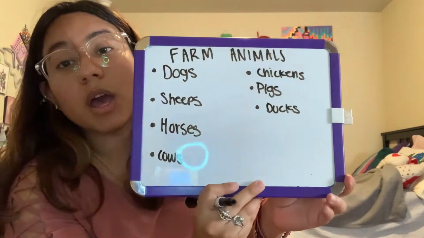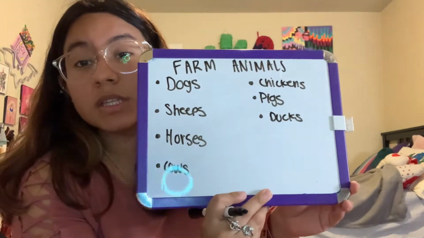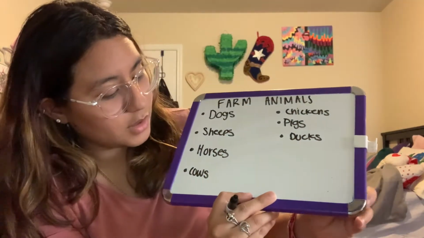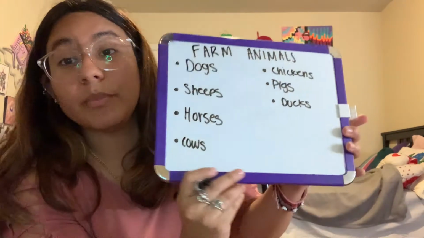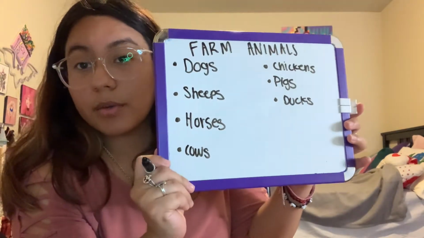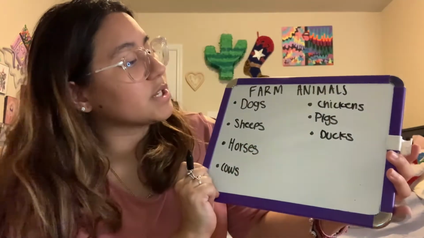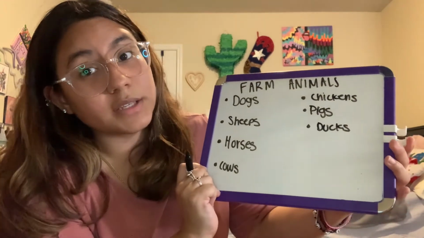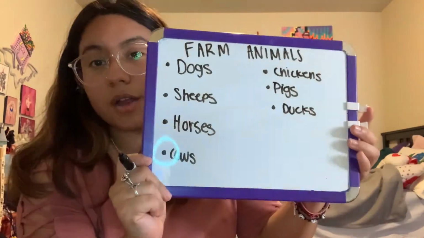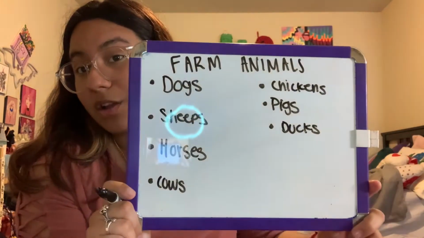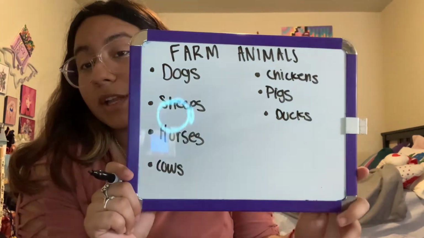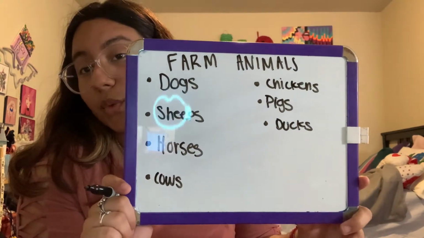Horses can help with moving heavy things. Cows produce milk for the farmer to sell. Also, chickens produce eggs, and so on. And this will be our list that we will keep for later reference for when we are done with our